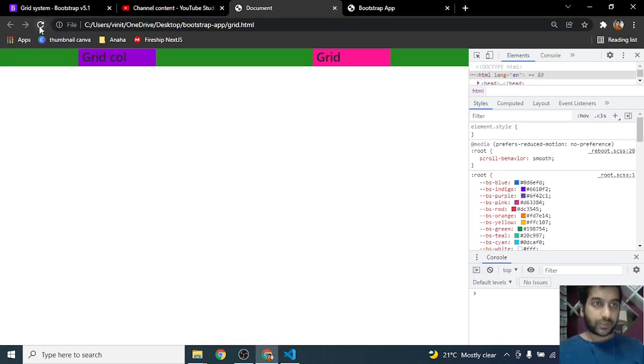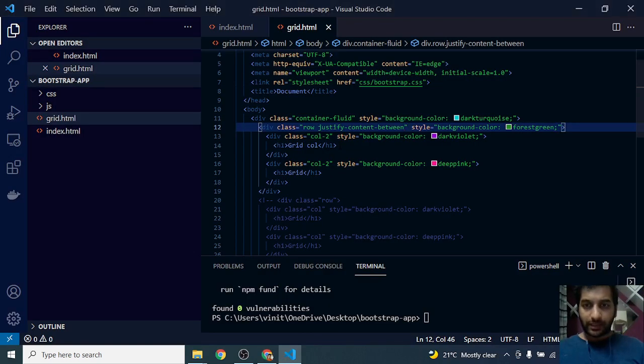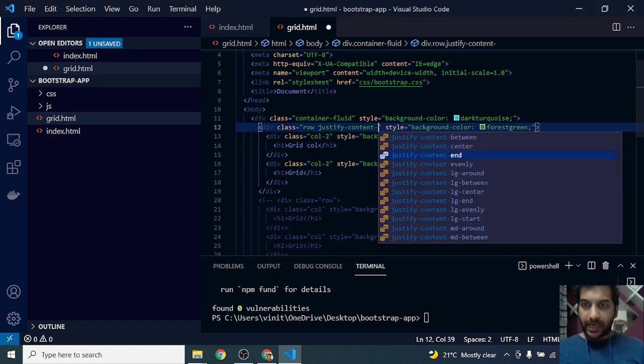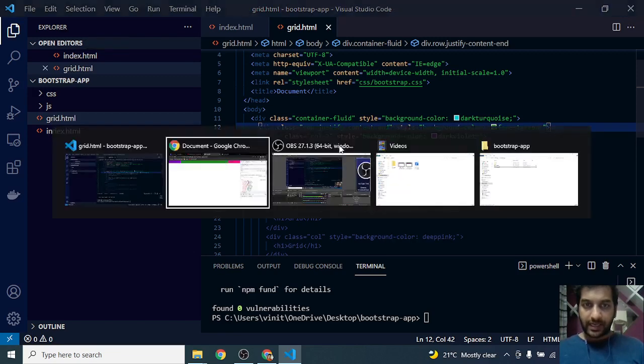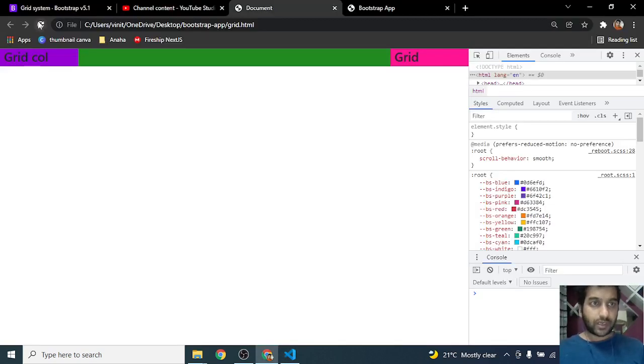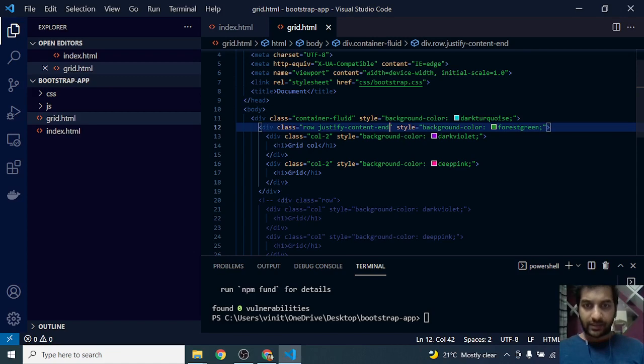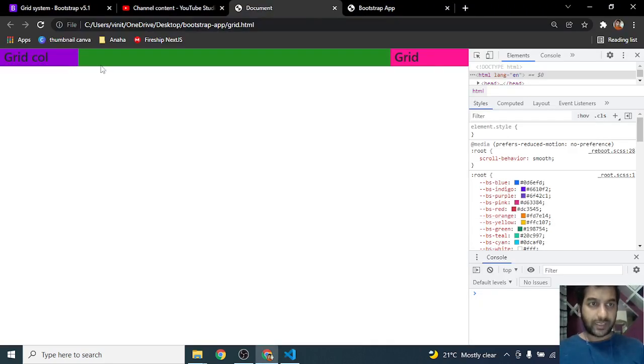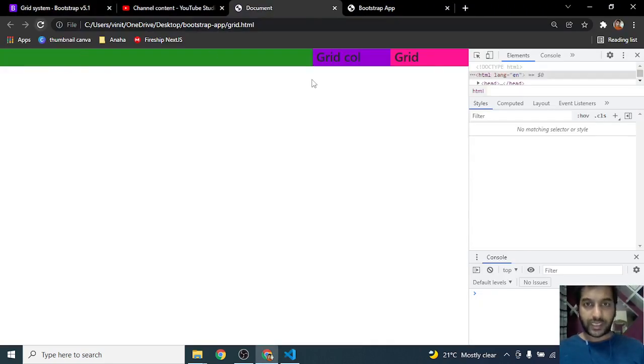Okay, and if I change this and instead of around I use between, justify-content-between, it puts the columns at both ends of the row and leaves the center space empty. Now if I change this to justify-content-end, just like using nothing was stacking it on the left hand side, now it will stack it on the end.